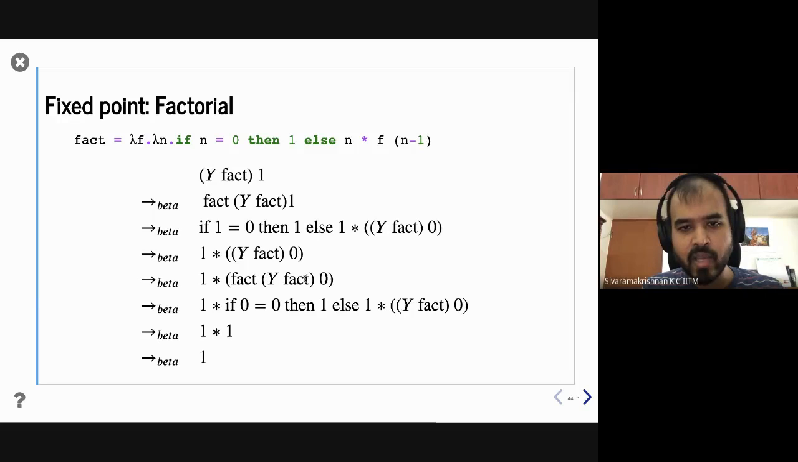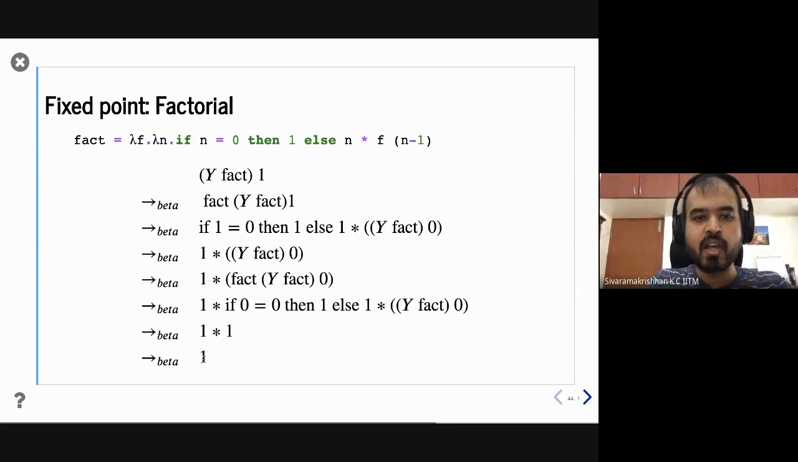So you have Y of fact, substitute wherever f is there, and then you have 0 here, substitute that wherever n is there. So you get 1 multiplied by, if 0 equals 0, then 1, else 1 into Y of fact of 0. Now 0 equals 0 is true, right? So you get 1. So 1 times 1 is 1, right? So that's how we get recursion out of